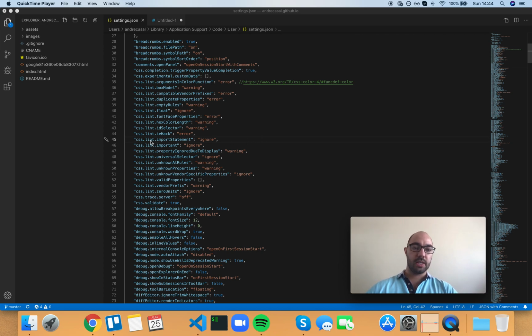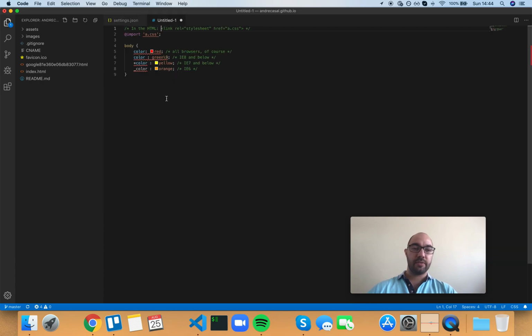Okay, so the css.lint import statement rule: import statements do not load in parallel. Let me show you what this means. If we have a CSS file and we have an import statement such as this one,